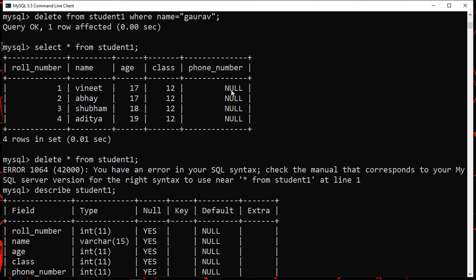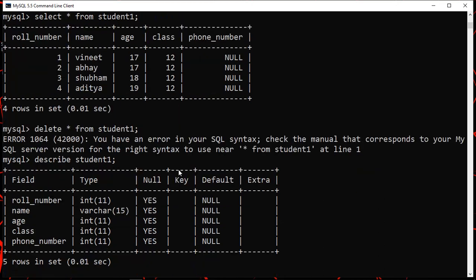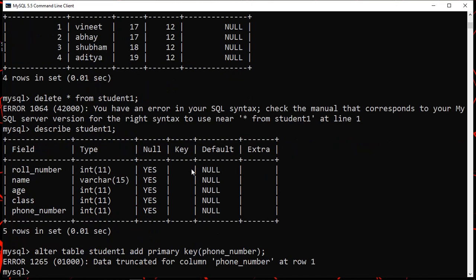So that means you are having duplicate entries, and as per the definition of the primary key, you cannot create a field as a primary key if it is having copied or duplicate entries. Okay, so data redundancy is being compromised here.